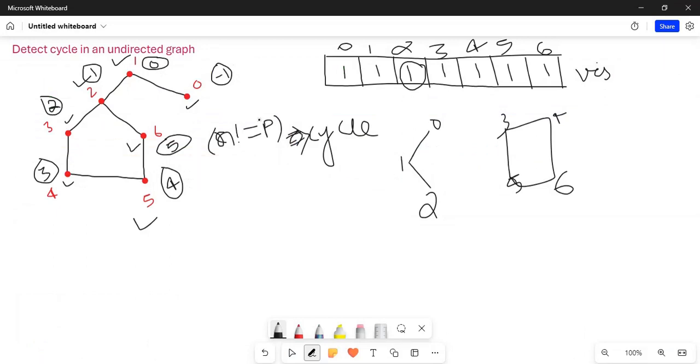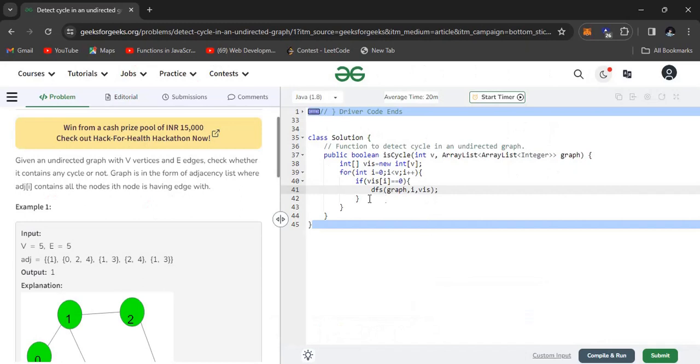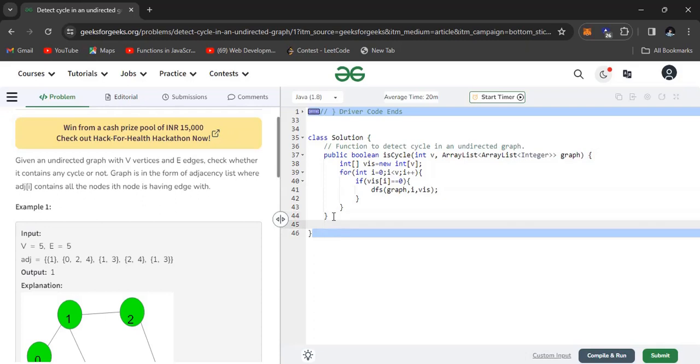Here we try to make the DFS call. Make one function DFS that returns a boolean, true or false.